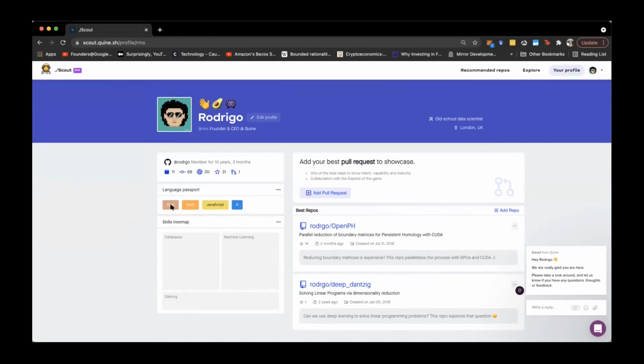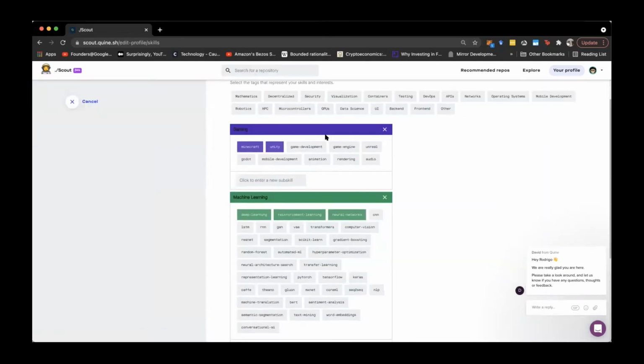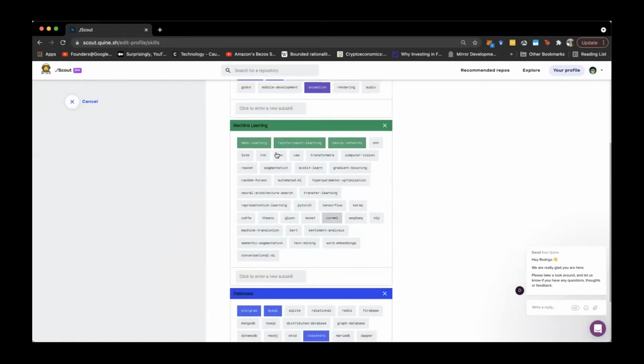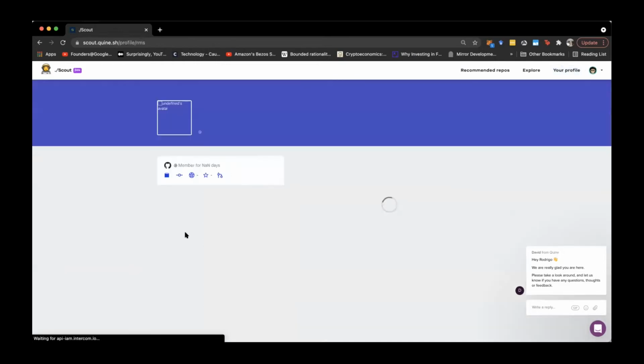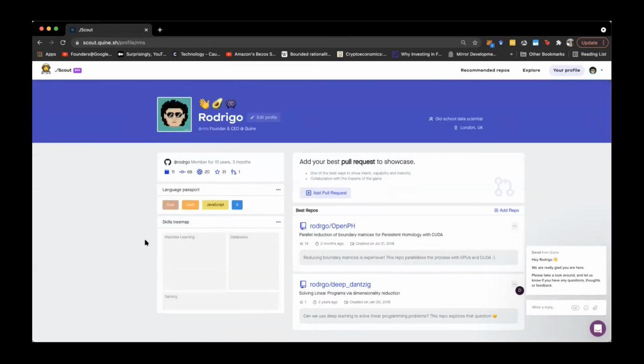And what's very cool is that we don't only stop at the languages level. What we're unlocking here is even verifying your skills in a particular topic. So we have this thing called the skill stream up here, in which I can just say I know gaming, and about gaming I know Minecraft, Unity, animation. In machine learning I know these skills. On databases I know these others,